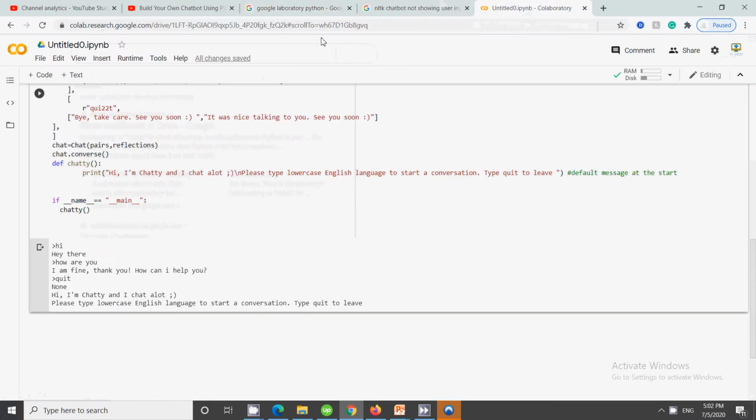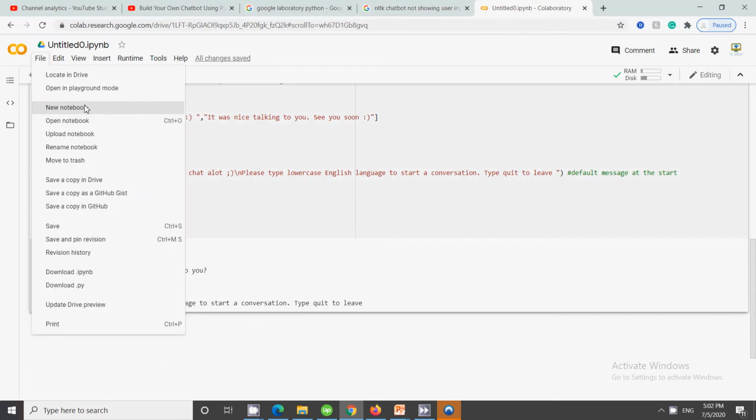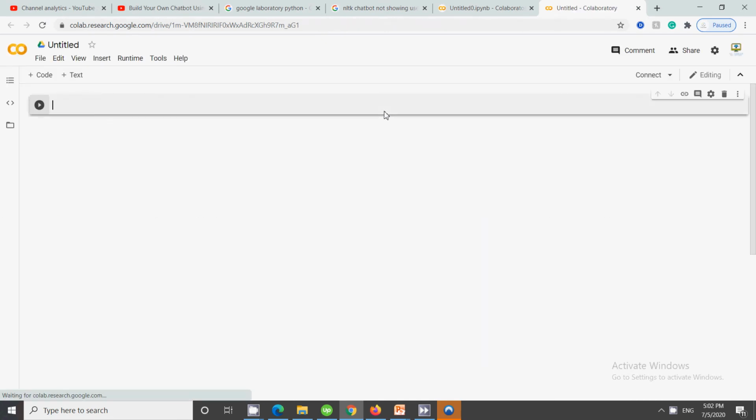Once you open it online, you will have this type of interface, and you just need to click on new notebook. Just like Jupyter Notebook, you will have a new notepad open, and you can see this is the place where you can write code.